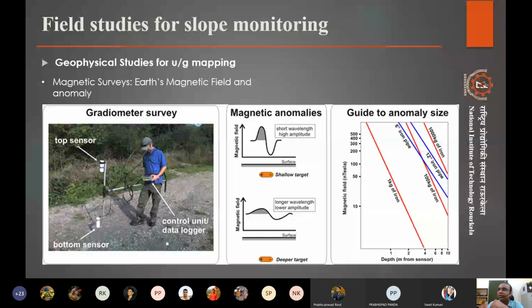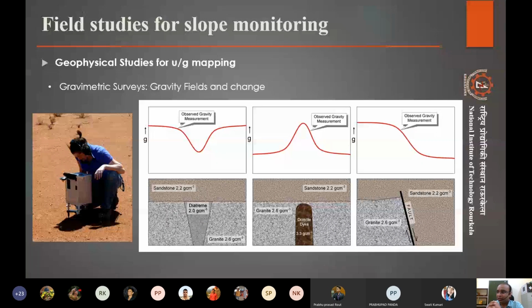This is another method based on finding the gravity, and changes in gravity basically occur a lot more than what we expect. Though we are very used to saying that the acceleration due to gravity at any place is 9.8 or 9.81, that is actually not true. You all have your mobiles, right? And most mobiles have accelerometers. You can open these and see there are apps that can show you the acceleration due to gravity at your place.